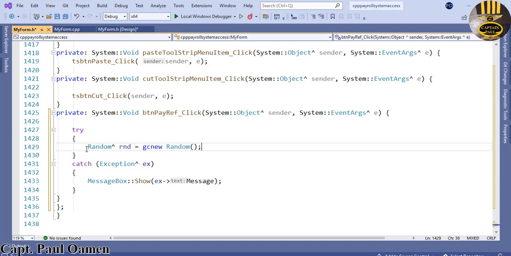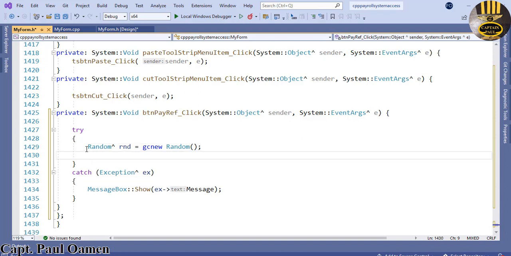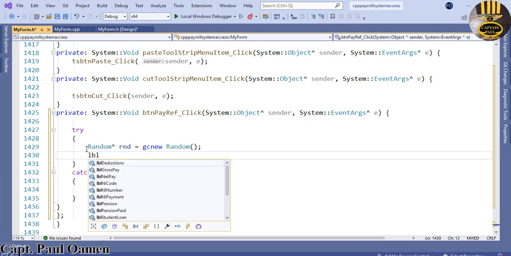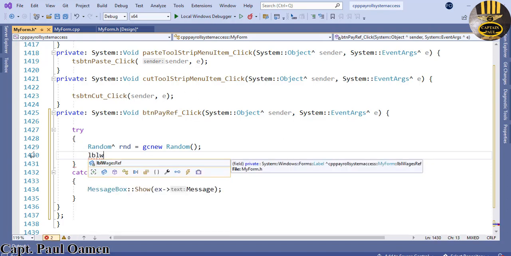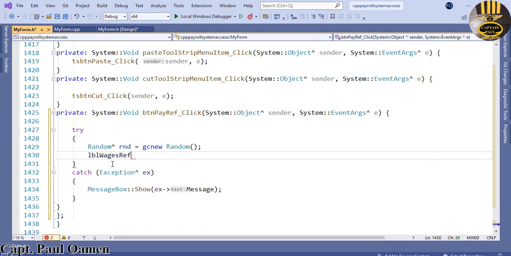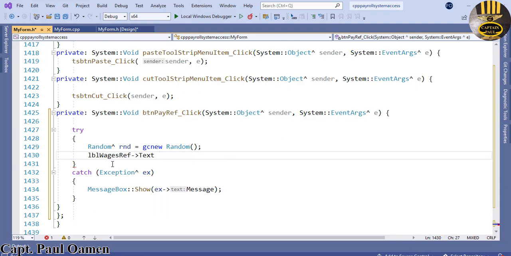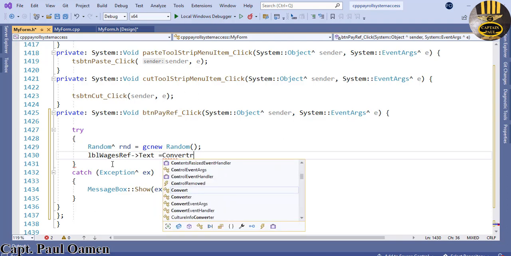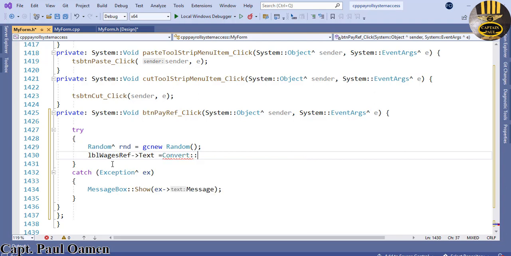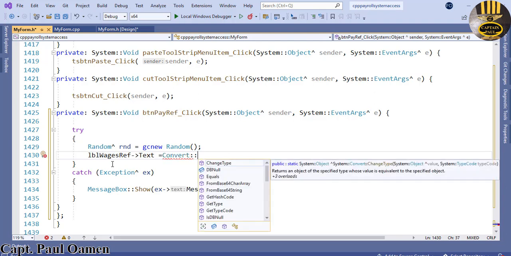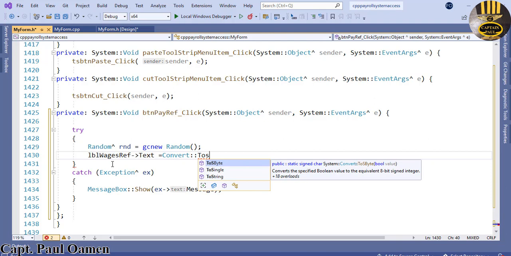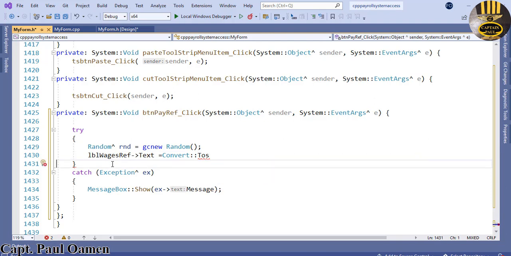Now let's assign the value straight into the, it's called LBL wage reference, that is dot text, and that's going to be equals, since it's a text, I'm going to have to convert it to string character,